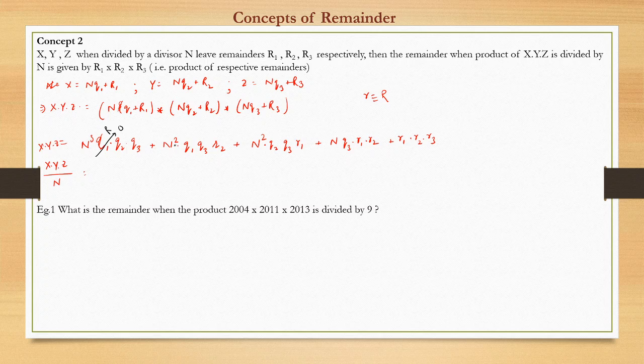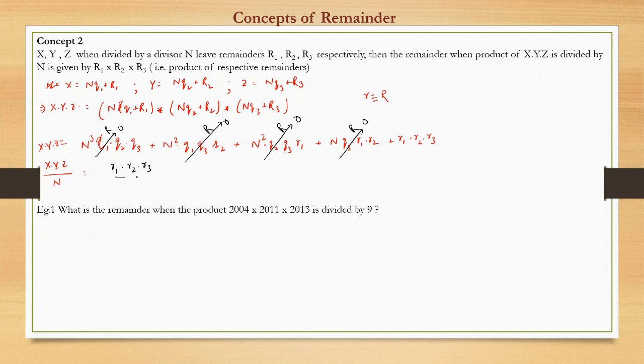Similarly, this term also has n square, so on division by n this will also cancel out, so the remainder is 0. The third term would also cancel out because it has n square, so the remainder is 0. The fourth term also cancels out because it has n, so the remainder is 0. So what remains is nothing but r1